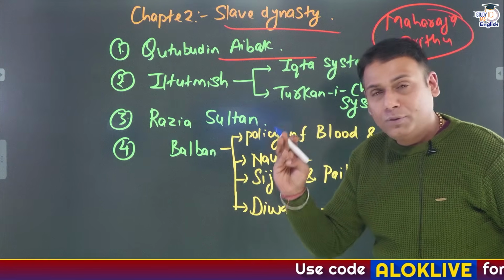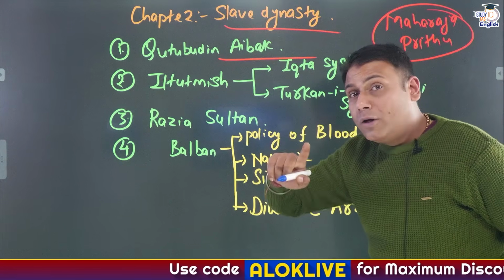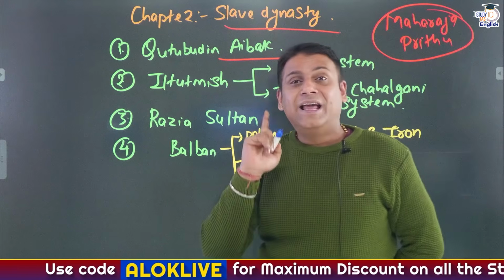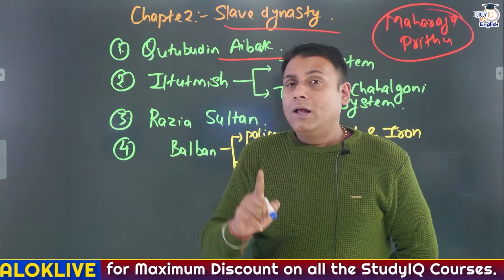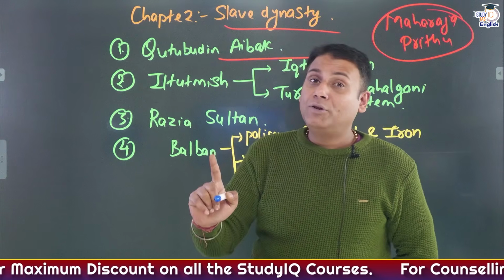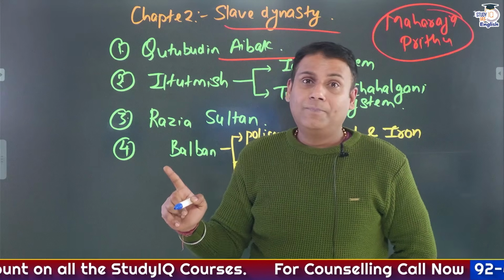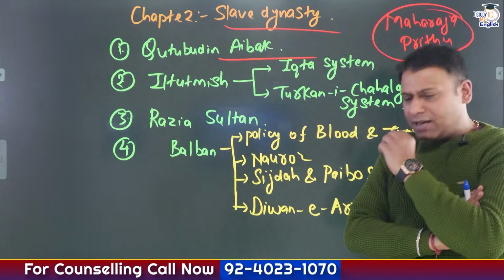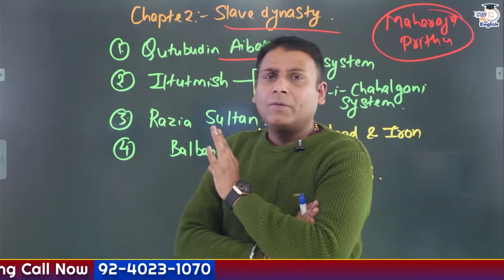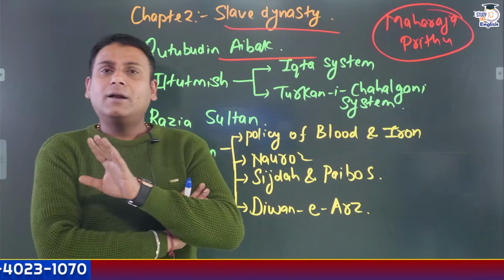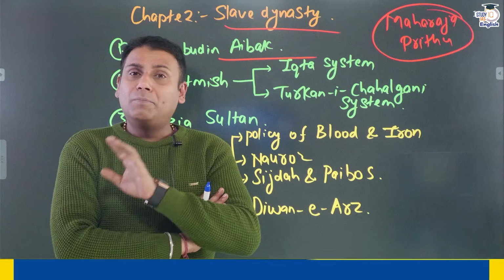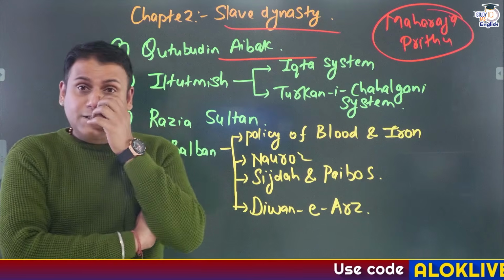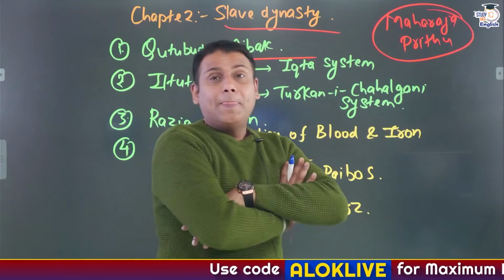So study about Qutbuddin Aibak. Although the Slave dynasty was founded as a part of the Delhi Sultanate, the capital during the time of Qutbuddin Aibak was not Delhi. The capital was Lahore. Then also study everything about Qutbuddin Aibak, like he died while playing Chaughan. He initiated the construction of Qutub Minar. Then he constructed one of the mosques in Delhi.